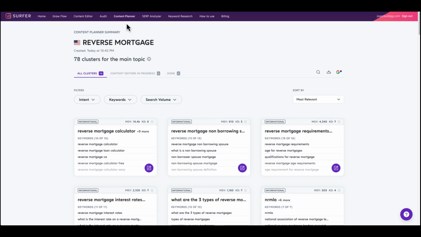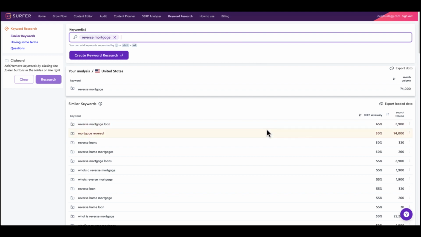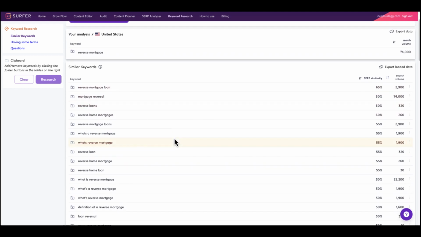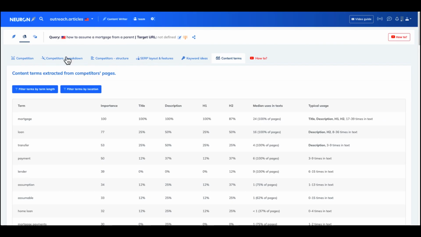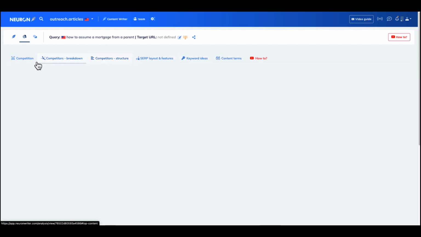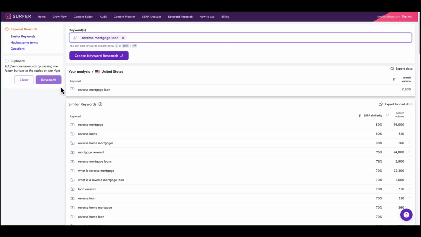That's just the planner. Then you also have the keyword research tool, and then the keyword research tool will give you all of these ideas, and you can see the search volumes. Then you click on them and get to see some more ideas. So with Neuron, it has it all here attached to the project. With Surfer, you can jump around. If your mind works like mine, again, working on multiple projects and trying to do everything at once, you're going to be creating different things, setting up different things in different areas.